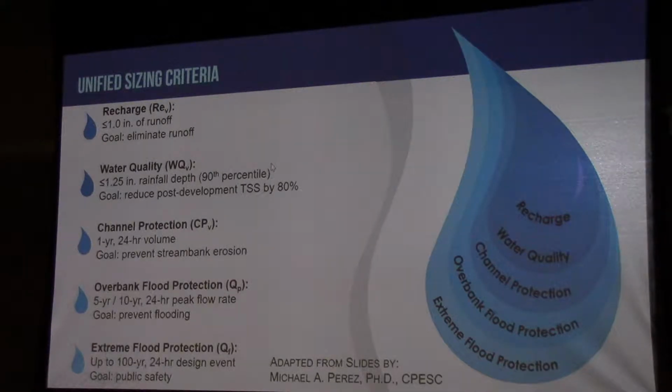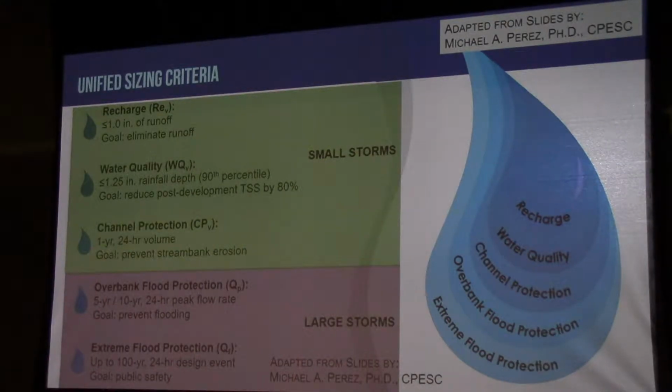So those are the tiers and the teardrop of the sizing criteria, and you'll notice that both graphically and in practice, they're nested within each other. So it's not like, if you start to address water quality and channel protection, you are on your way to meeting the standards for the big storms too. It's not like you have to do this and none of that work counts for the big storm. In some cases you have to treat them separately, but in other cases, one practice can address multiple or even all of these aspects of the unified sizing criteria.